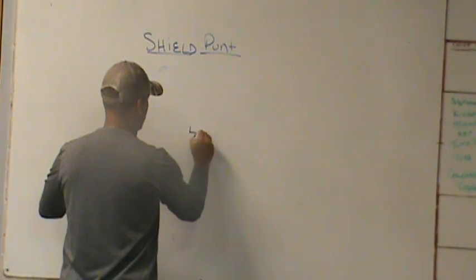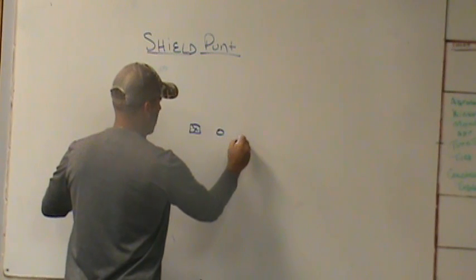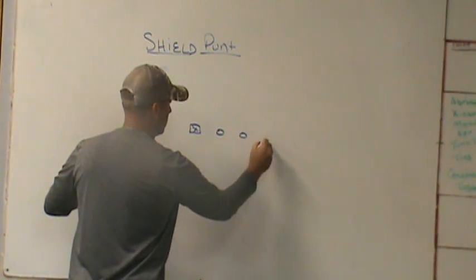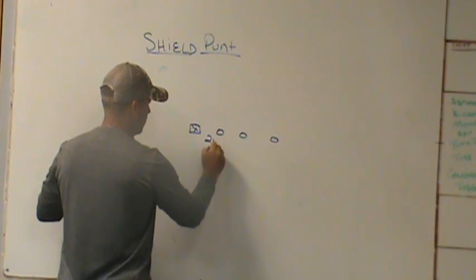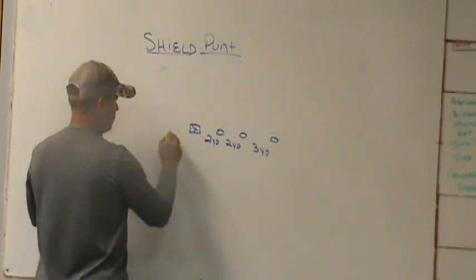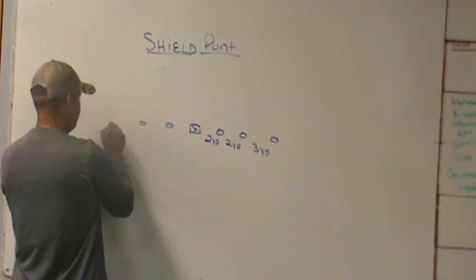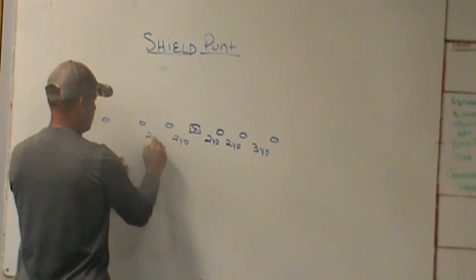we are going to start with 2-yard splits from the center to the guard, 2-yard splits from the guard to the tackle, and a 3-yard split from the tackle to the tight end. So that's 2 yards, that's 2 yards, that's going to be 3 yards. We're going to do the same thing on each side. All right, so we're going to be 2 yards here, 2 yards here,